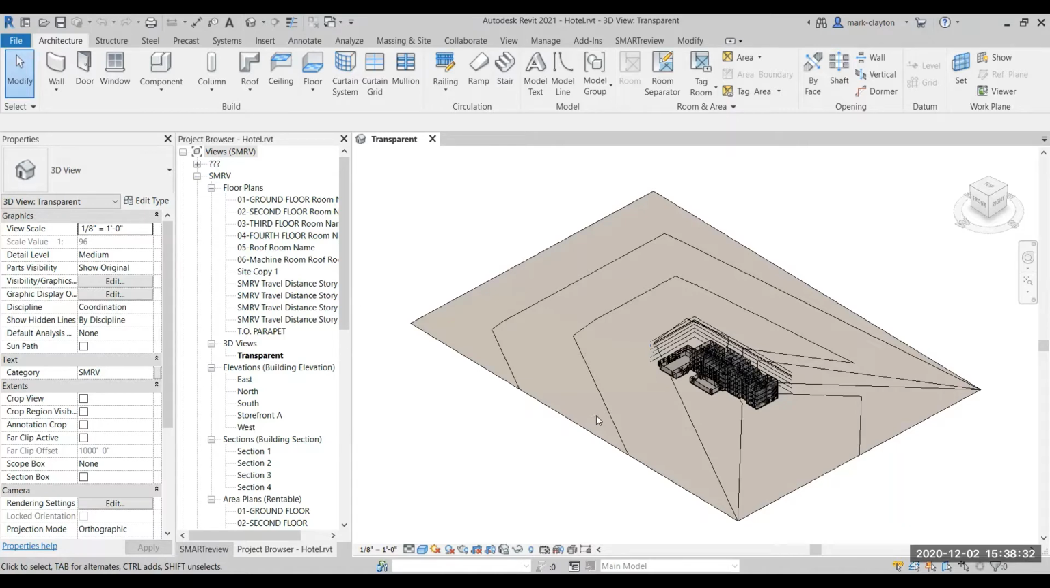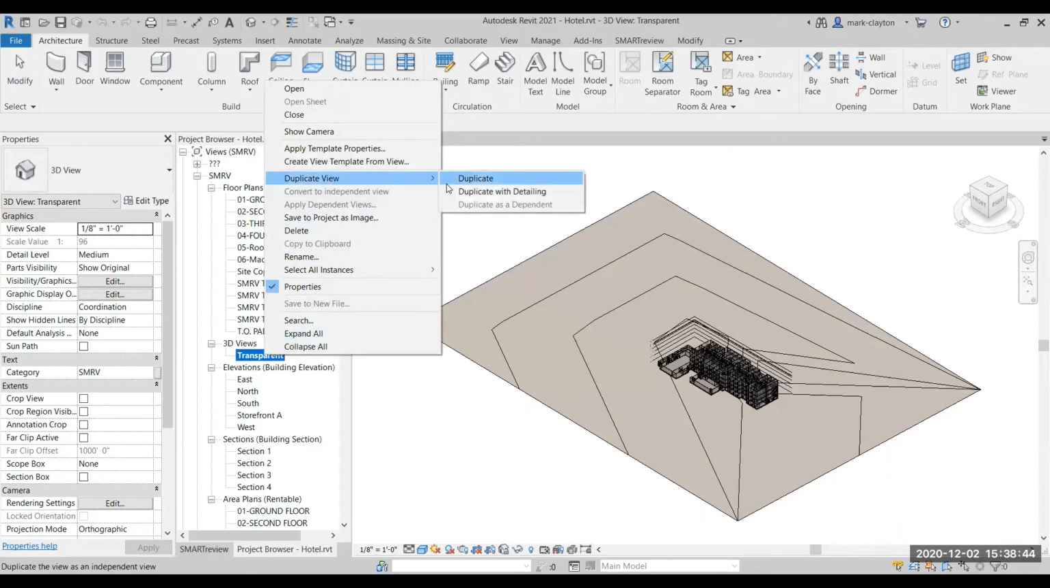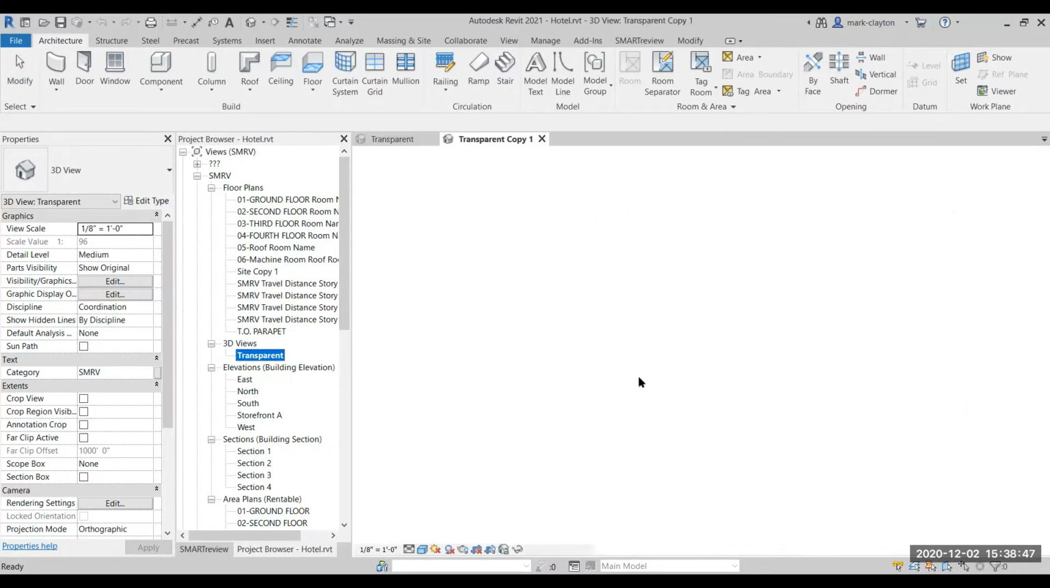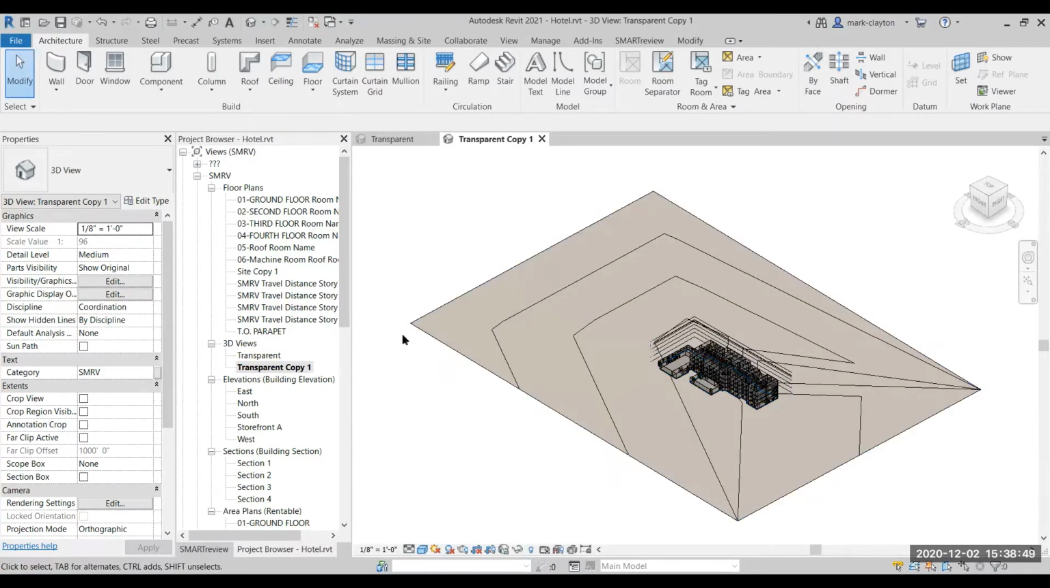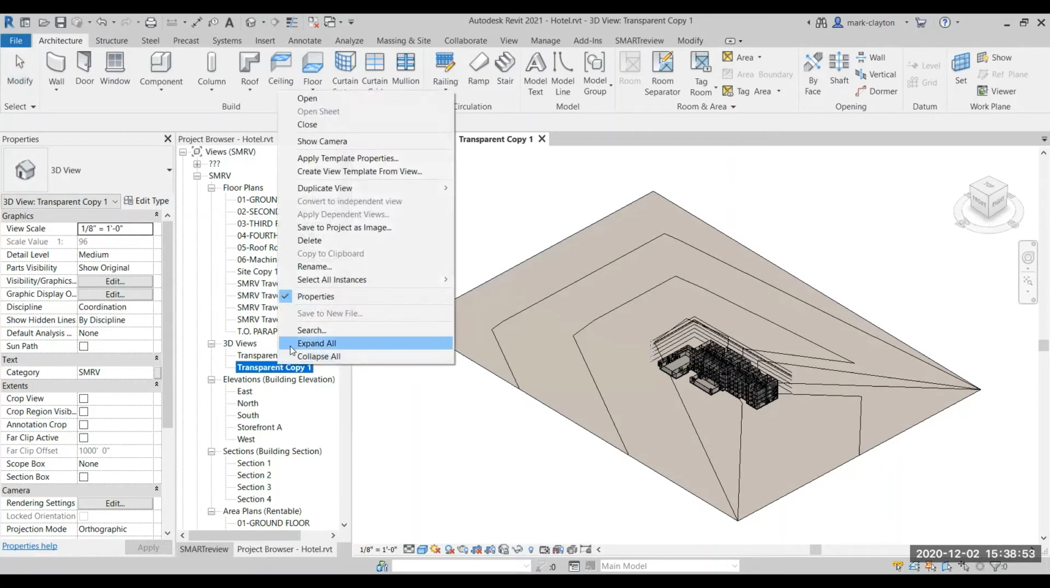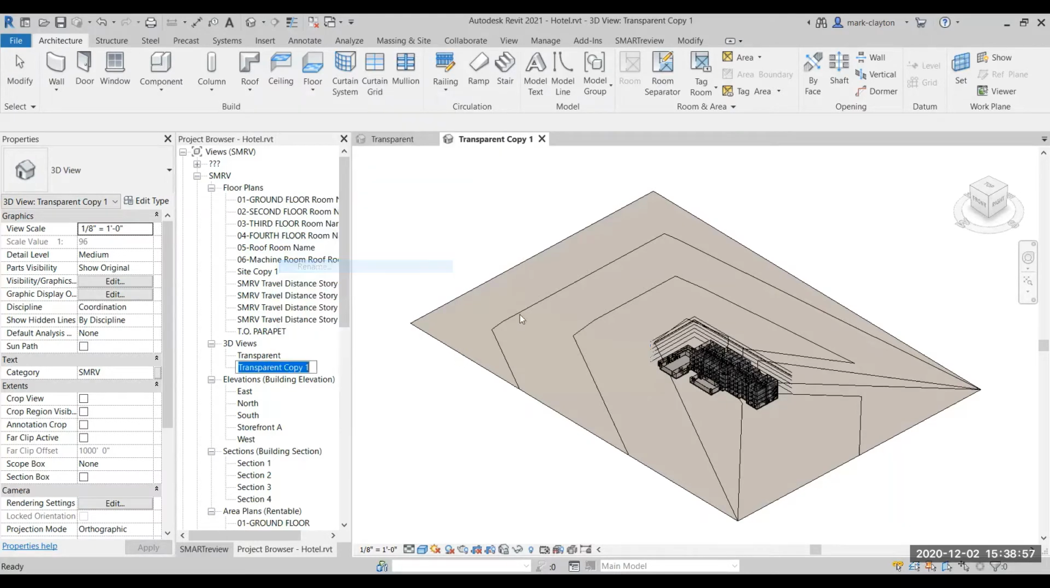First, I start with a 3D view and I use visibility graphics to turn off all the categories that are of not interest in APR. So here's a 3D view. I'm going to duplicate it. And I like using these transparent views that show everything in the model in one view. And so they kind of relate everything together. So I'm going to rename this and let's call it SMRV